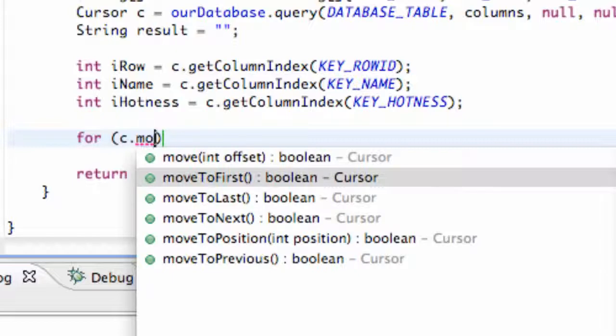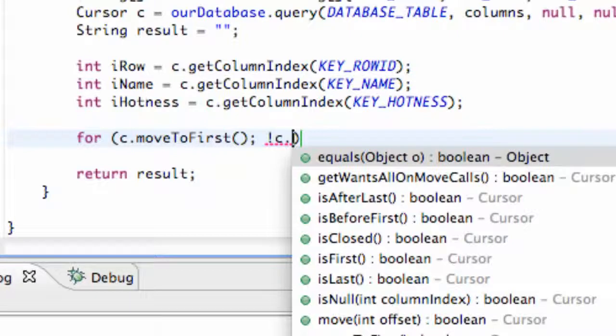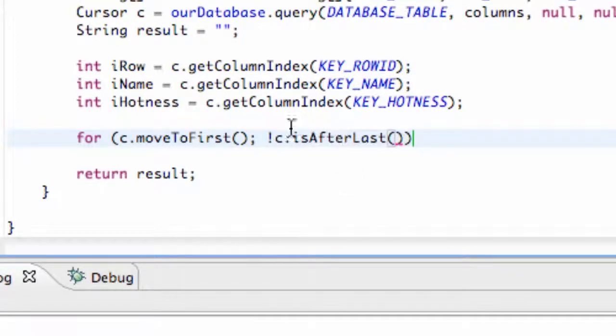So that's going to be the first row, and that's where our cursor is going to start. Then we're going to hit a semicolon, and then we're going to say as long as it's not equal, for the most part, again that's our expression mark there, as long as our cursor does not equal C, again dot is after last. So we're going to use this method. If our cursor is at the position after the last entry in our database, that's when it's going to stop. And then we're going to just hit semicolon,